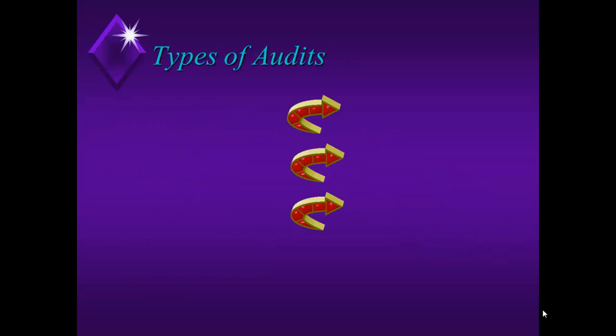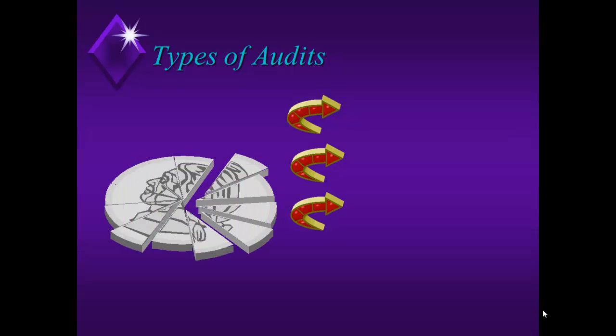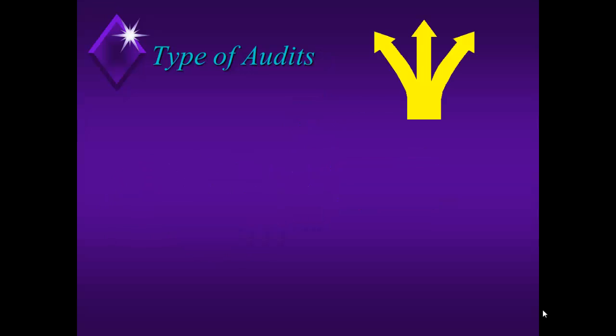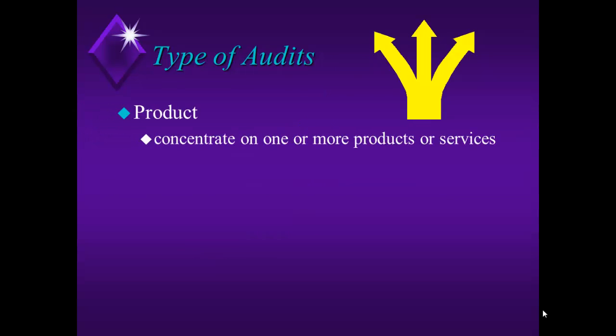Types of audits I'm going to talk to you about here. There's three basic types. There's all sorts that you can go through, but I try to break these down just into some simple buckets that people can put things into. And what I'm going to talk to you about here is a product audit, a process audit, and a system audit, or systemic audit of something.